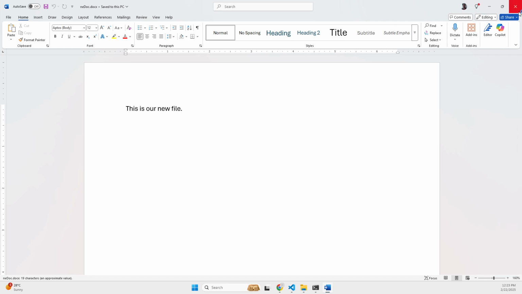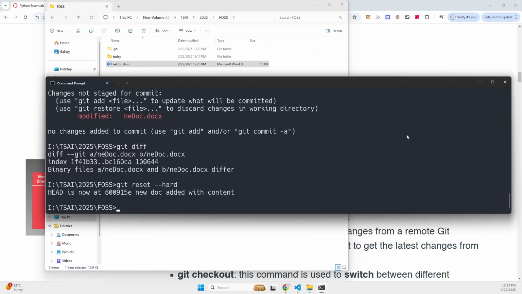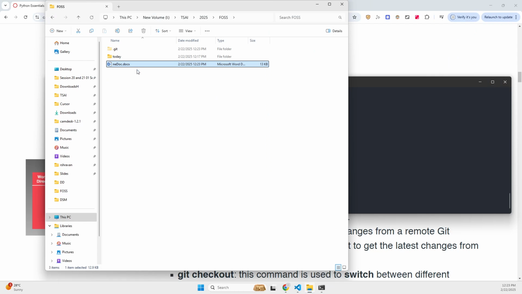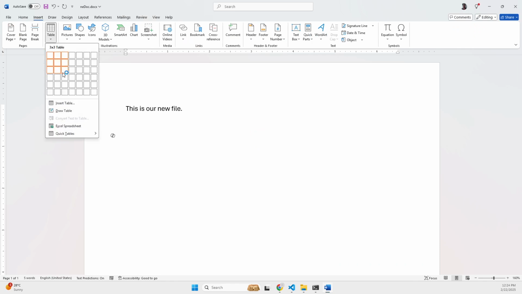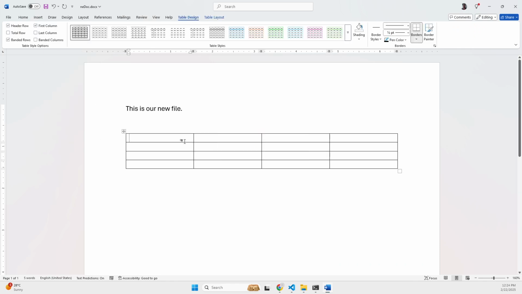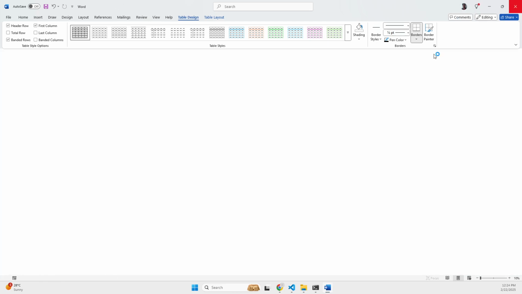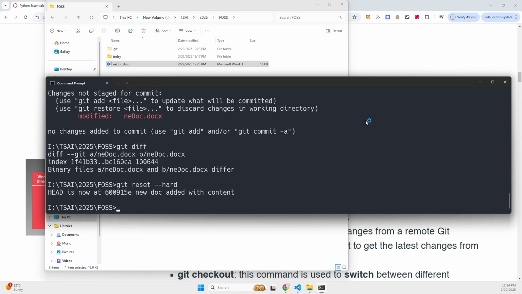I'm hoping you're getting an idea of what we actually are trying to do. Then, and you have to do this every time, unfortunately. So now we add, let's say, a table here and add some content. So this is row 1, row 2, row 3, and row 4, and we save it. And this is an important step for us. So all you have to do is to go back and say git add the file that we added,